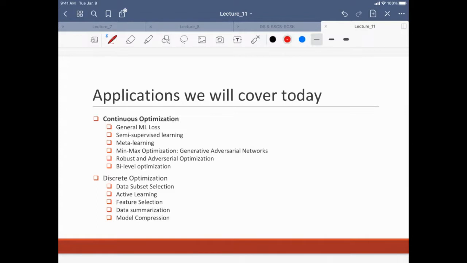Since this course is advanced topics of optimization in machine learning, I'll be focusing on applications in machine learning. I'm not really going to be talking about applications in other domains as much, mainly because I don't have the expertise to talk about the other domains. But I know a little bit about machine learning, so I'll try to cover some of the flavors of optimization